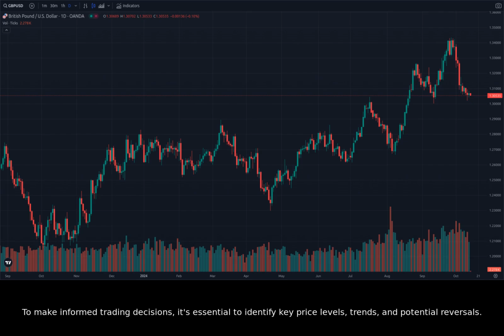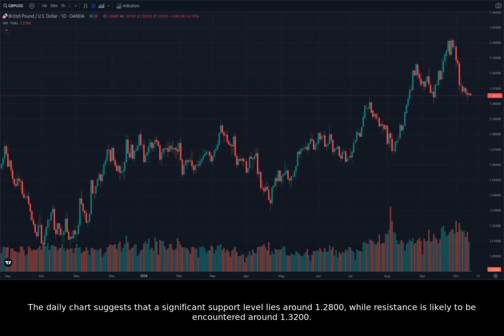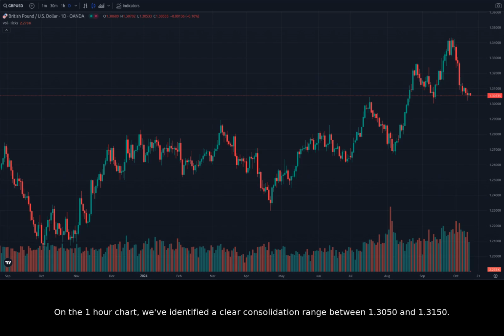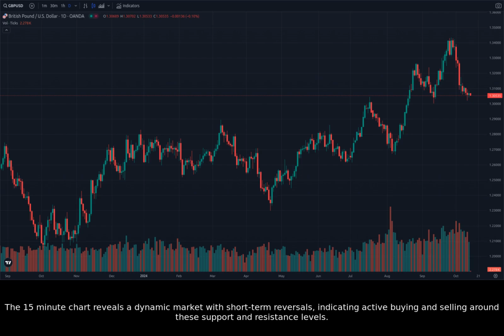To make informed trading decisions, it's essential to identify key price levels, trends, and potential reversals. The daily chart suggests that a significant support level lies around 1.2800, while resistance is likely to be encountered around 1.3200. On the 1-hour chart, we've identified a clear consolidation range between 1.3050 and 1.3150. The 15-minute chart reveals a dynamic market with short-term reversals, indicating active buying and selling around these